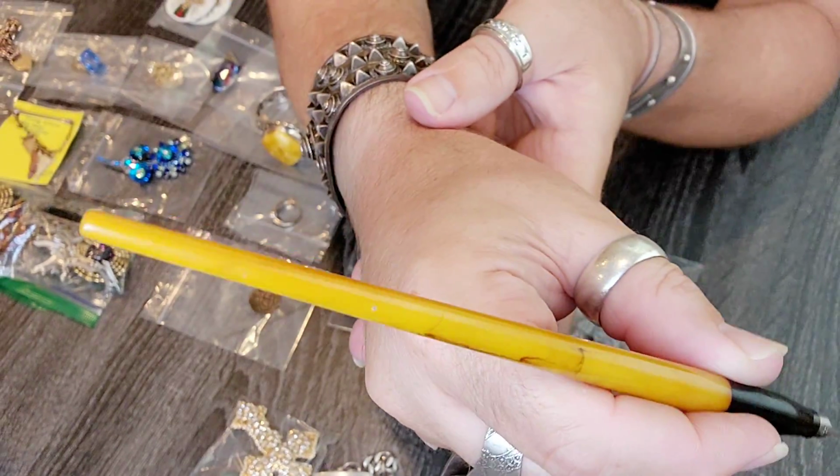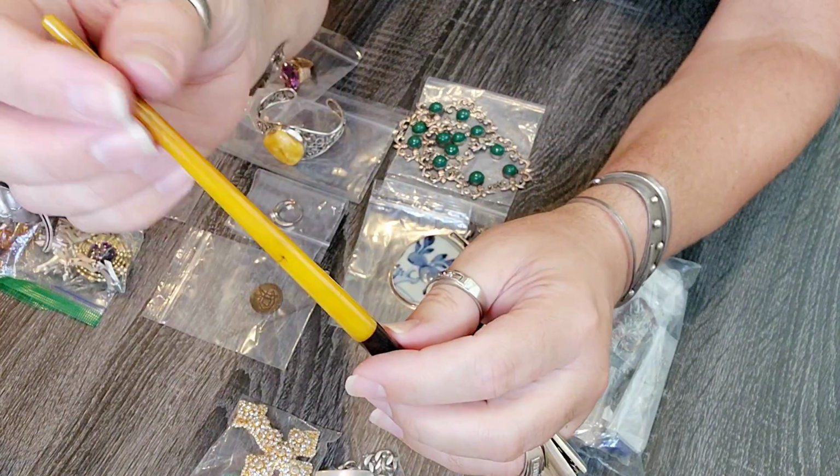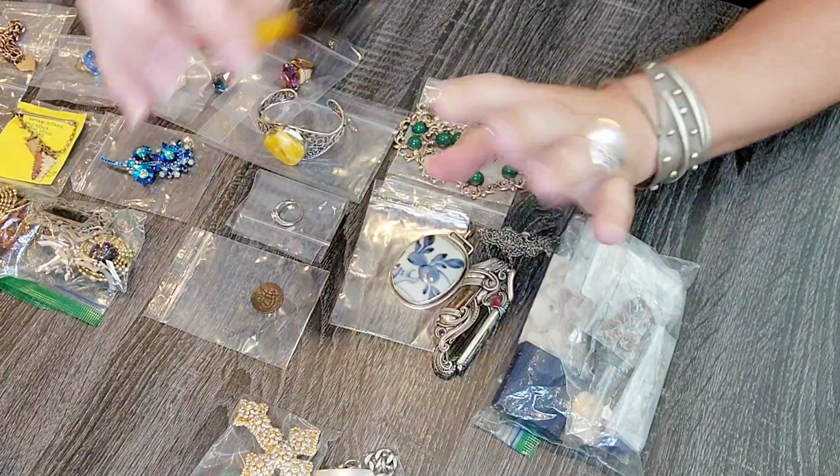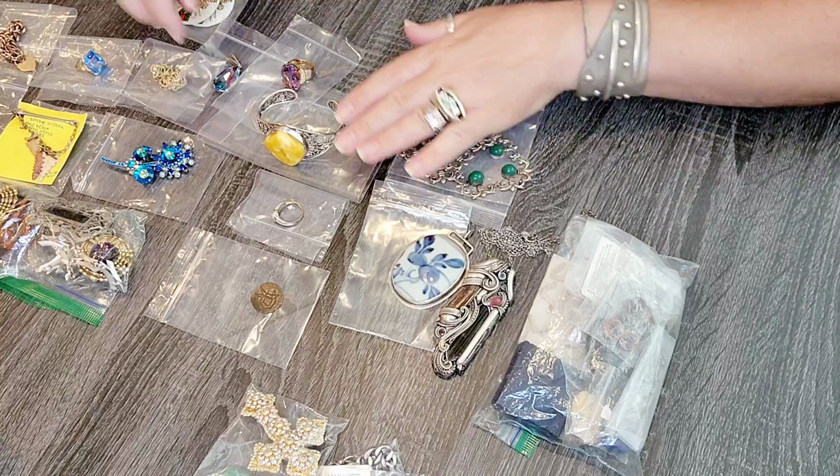But that was a yes for me, because I have a jar full of them, and I just kind of put them all down inside of the jar, and there's all different colors of those. So I bought that. Then the only other ones I got from Linda were...